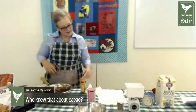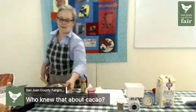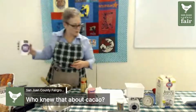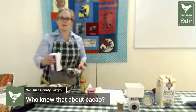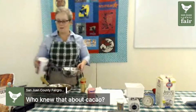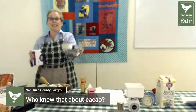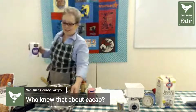Okay, the next thing, you'll often in recipes, it'll say in a separate bowl. And what's the mantra? If it says in a separate bowl, do it in a separate bowl. A lot of people just want to dump the flour and the salt and the baking powder right into here and stir it, because this is an extra thing to clean. It's an extra thing to do. But mixing it together,